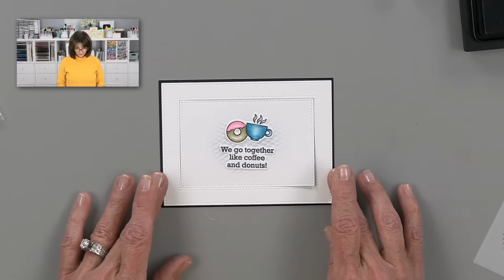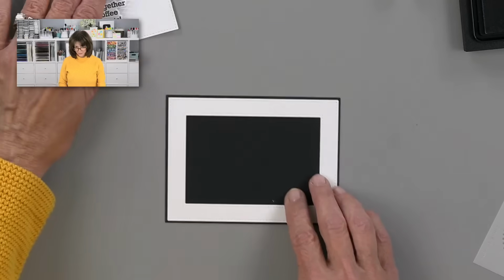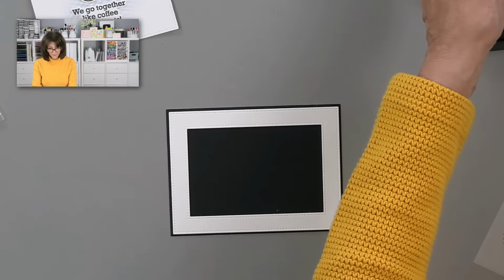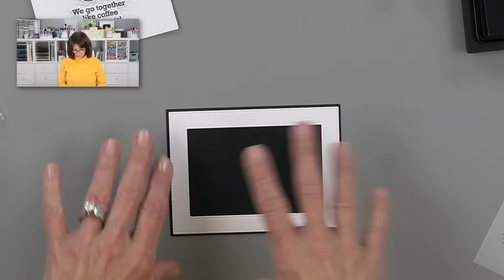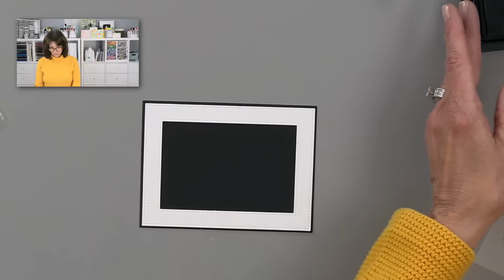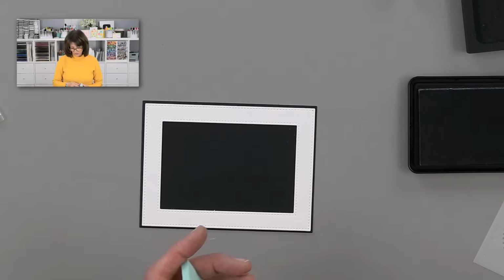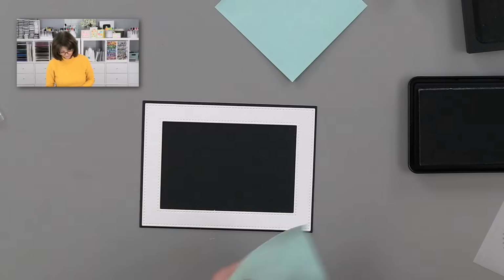That looks really cute. But I want to do something different to the frame. I feel like the frame needs to look more wood-like, right? I want to change the color of the frame a little bit. So I'm going to do that using my ink pad, and I'm going to miter the edges. So are you ready? I'm going to get 2 Post-it notes. You could do this after you've already set this all up.